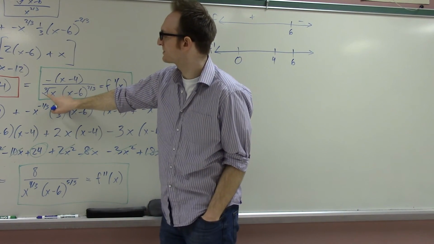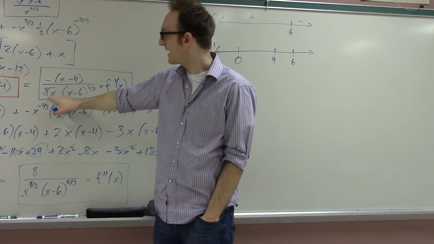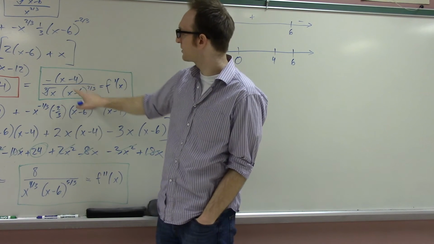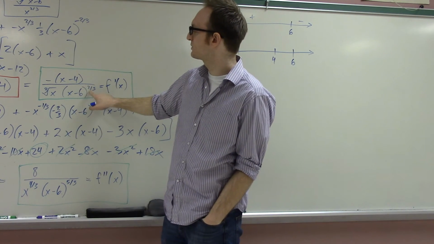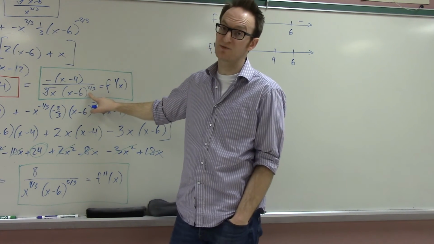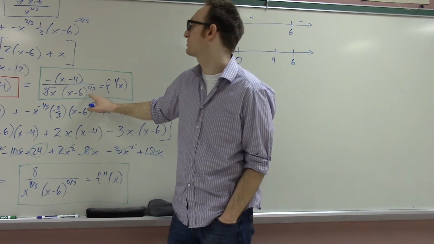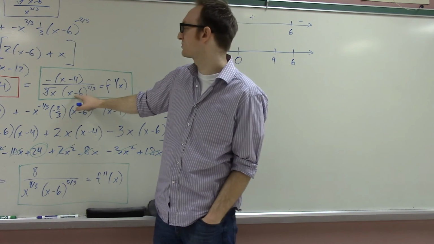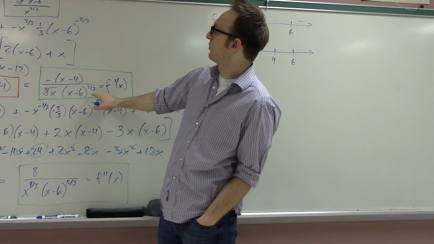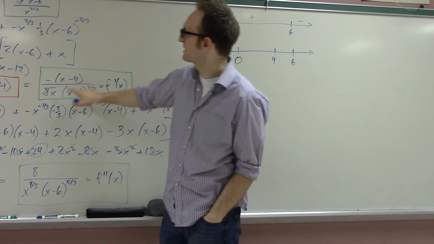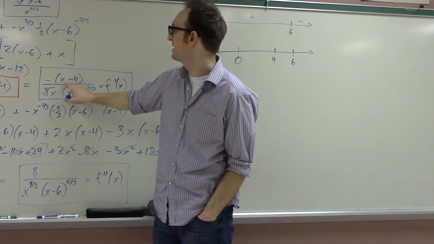Again, cube root of something positive is positive, cube root of something negative is negative, so sign change at 0, also sign change at 4, but (x minus 6) to the 2/3 will always be positive, because anything to the 2/3 is going to be positive, so there's not going to be a sign change at 6, so it's relatively sophisticated. So if there's no sign change at 6, then only 0 and 4 are relevant, and since there's also